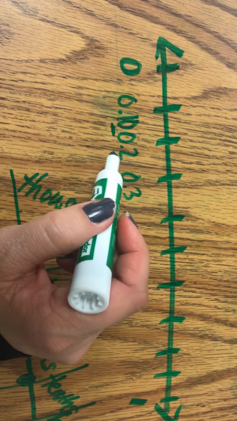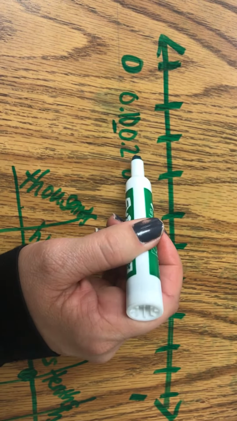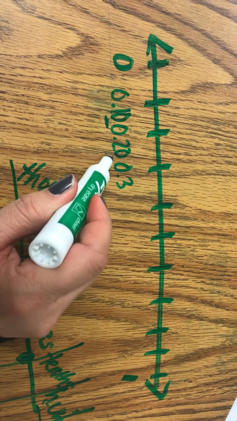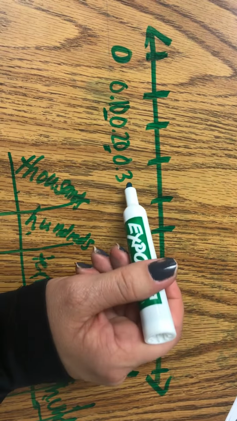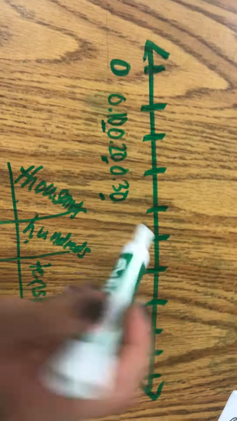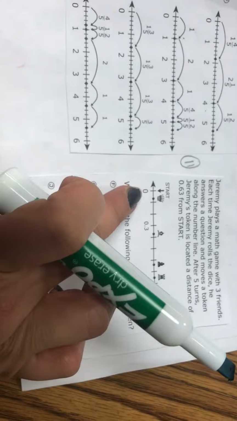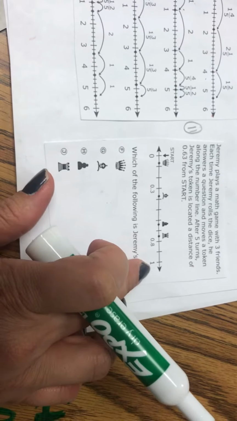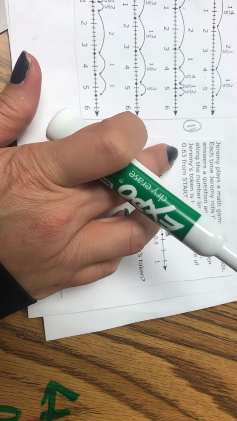The same thing with 2 tenths. 2 tenths is equivalent to 20 hundredths. And 3 tenths is equivalent to 30 hundredths. So, using that information, I would label the points on my number line and then determine where 63 hundredths would fall on the number line. Okay, so that's number 11. Number 12,